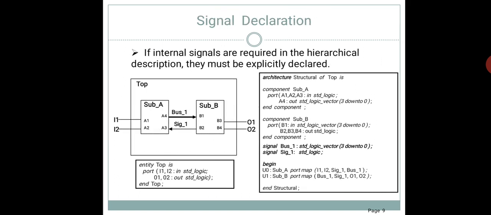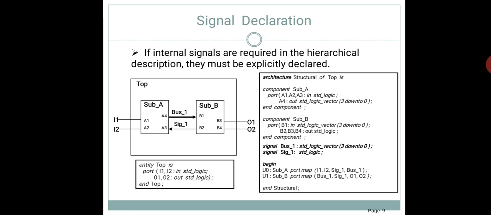Then signal declaration. Here a signal is required when we want to connect two logic blocks. Internal connections of this logic can be done with the help of signals, representing a wiring between the two subunits.